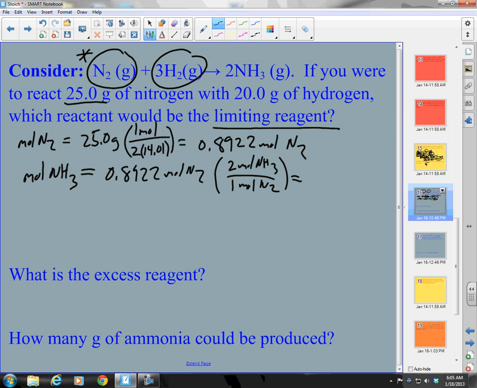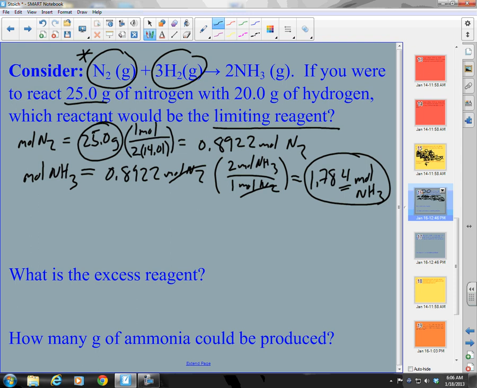And so what do I have to do? Looks like I have to double this, right? Times 2, and I get 1.784. That's not significant, right? The 4 is not. Moles of NH3. Okay, that means what? If, subjunctive, if 25 grams of nitrogen were to react, then I could produce 1.784 moles